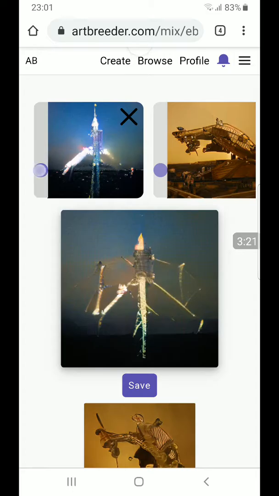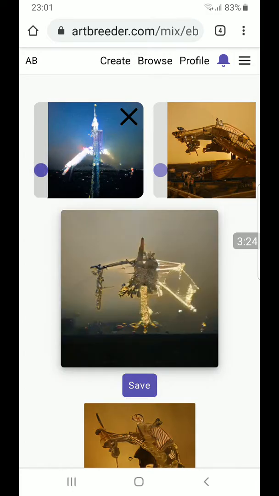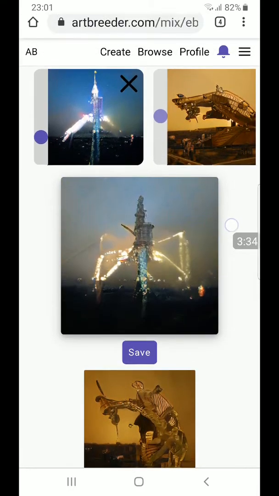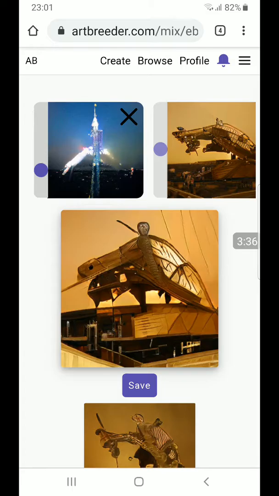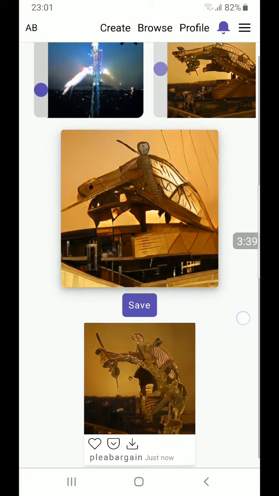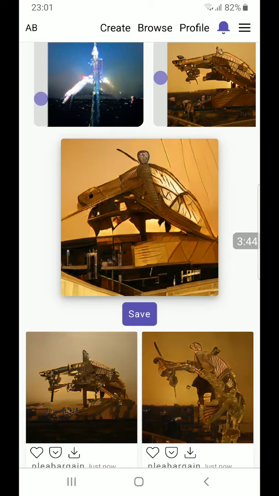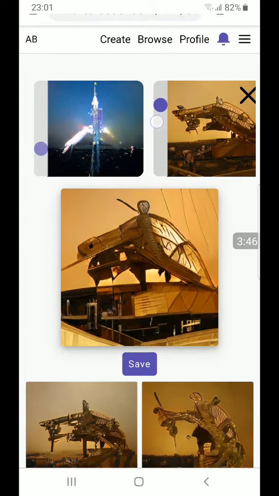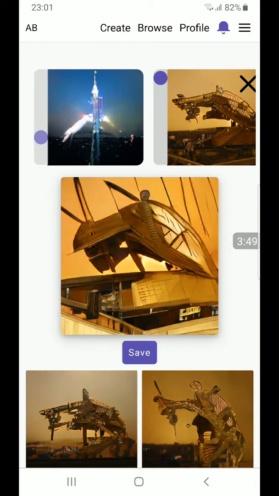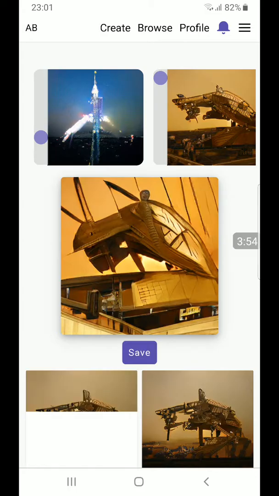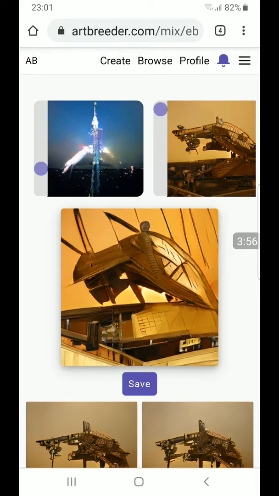Let's drop both of them down and see what happens. So now we're getting some truly strange stuff. I'm going to bump this one up. The slider is okay. It's very similar to the one I just made, but I like that one too. And let's slide that up again. Yeah, okay. So to swap it out, if you decide you don't want to play with this one anymore, you